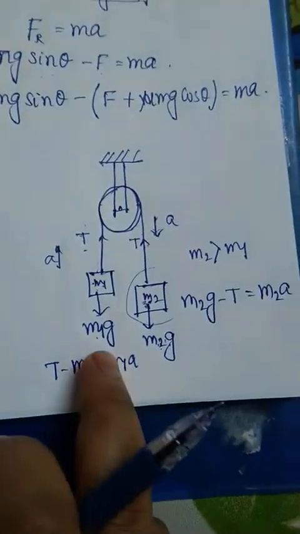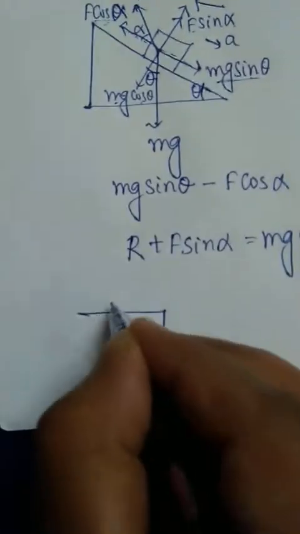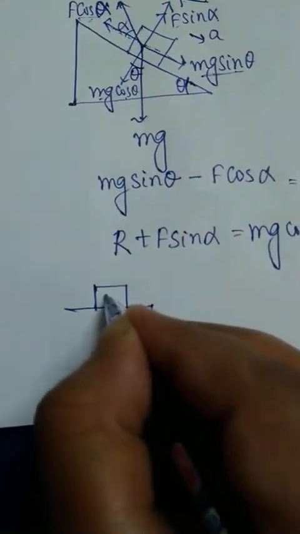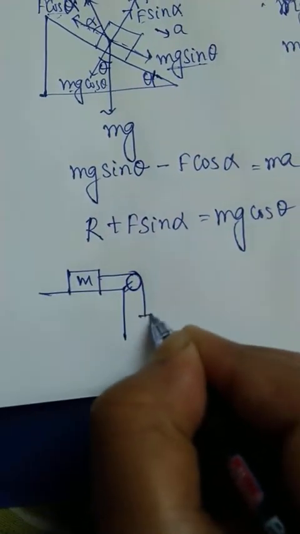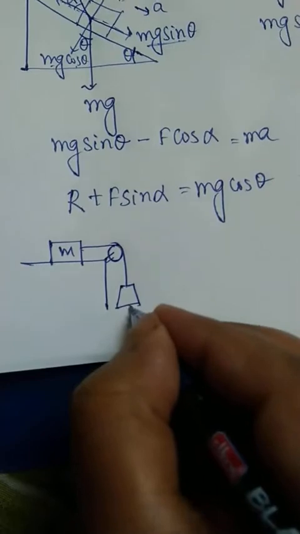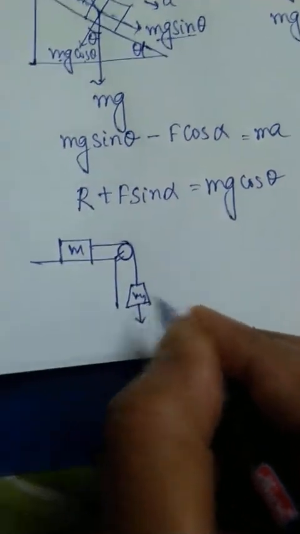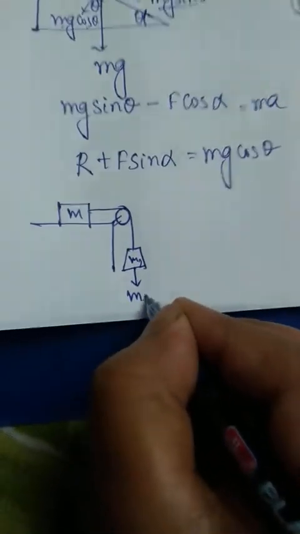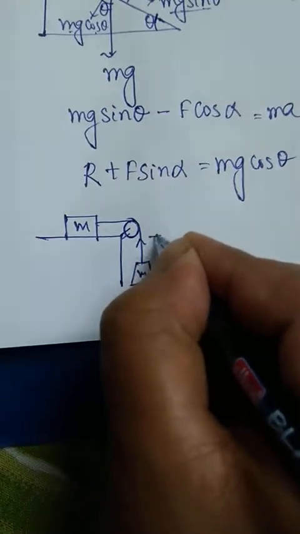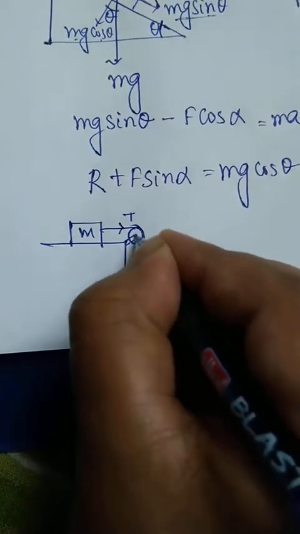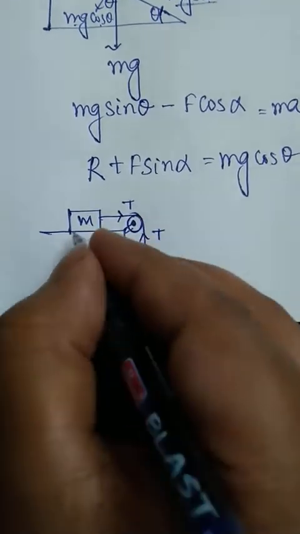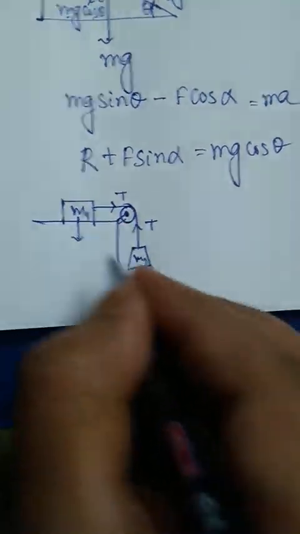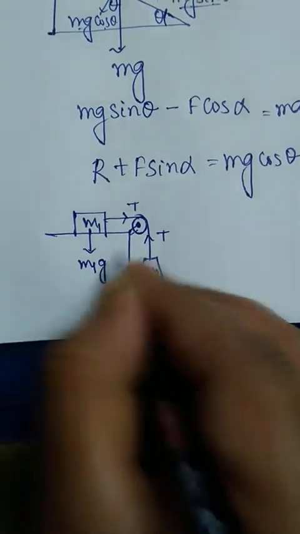So these are the problems you can solve very easily. In case of this type of problem, suppose on a table an object is here. Let's say this is m2. So first rule, m2g will act along this direction, T is along this direction. Basically T is always along towards the pulley. This is m1, let's say, so m1g along this direction.